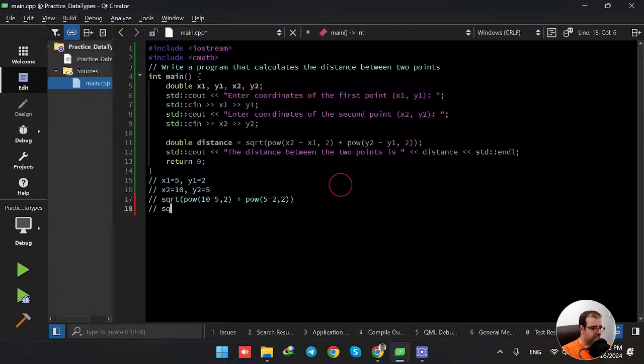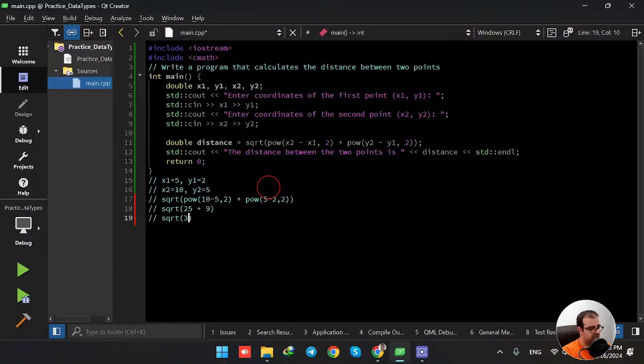So when we do the calculation, we are going to have 10 minus 5 will be 5, 5 to the power of 2 will be 25, plus then we are going to have 5 minus 2 is 3, and 3 to the power of 2 will be 9, and then we are going to have the sqrt